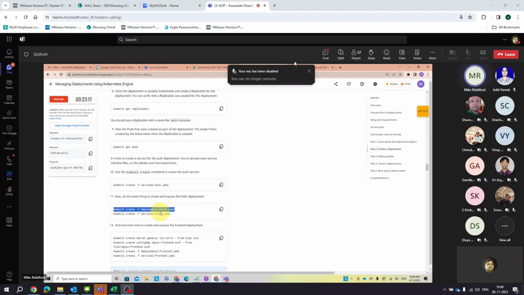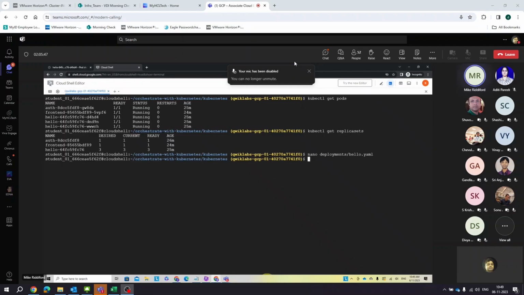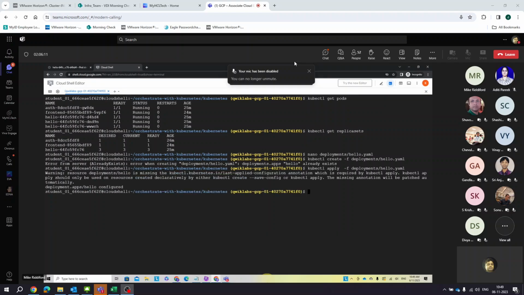So I need to copy the command, which will reapply the YAML, right? So when I do that, that's recreating that deployment. Okay. So I have to, sorry, I have to do a kubectl apply because it already exists, right? So again, let's just do an apply. Okay. So now, if we have a look at get replica sets,